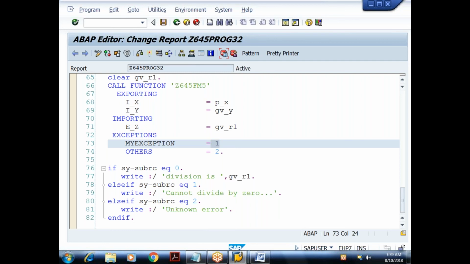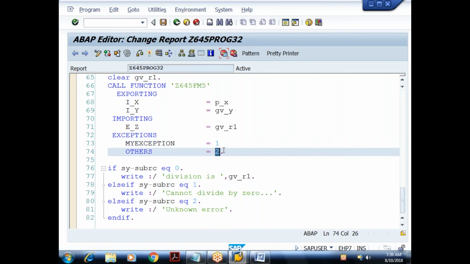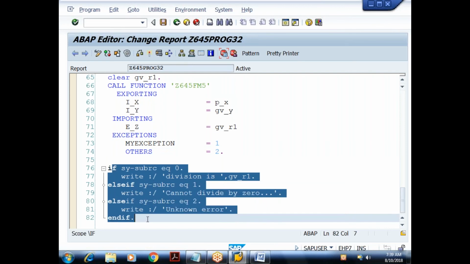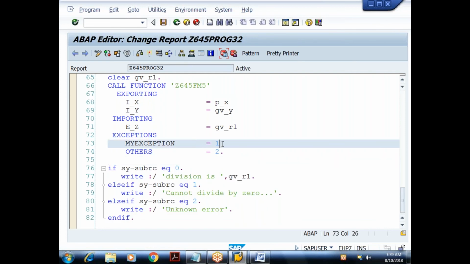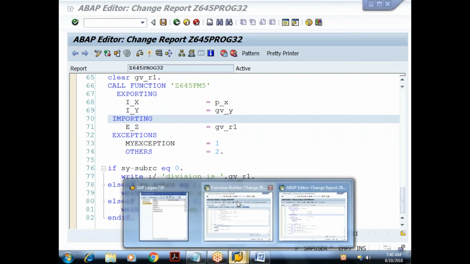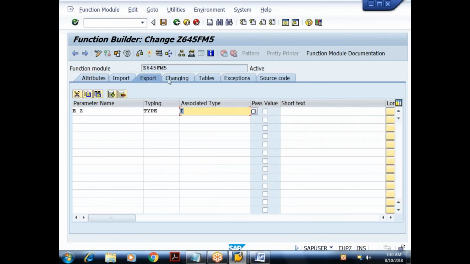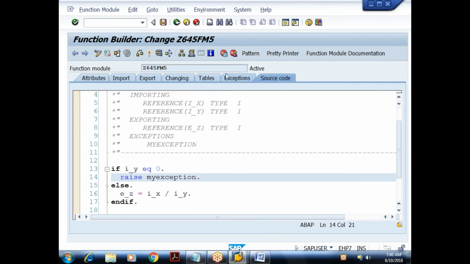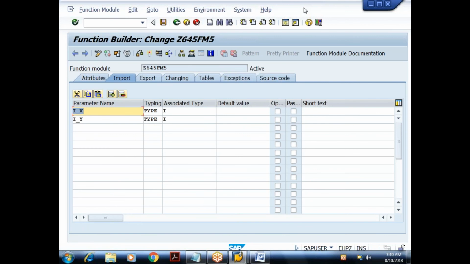The OTHERS keyword. At that time it will set the sy-subrc value to what? 2. Okay, and I have to check the sy-subrc status and print the appropriate value. That's it. That is about import, export, changing, exceptions and what? Source code. Tables we'll discuss after a few days, once we understand about database objects.